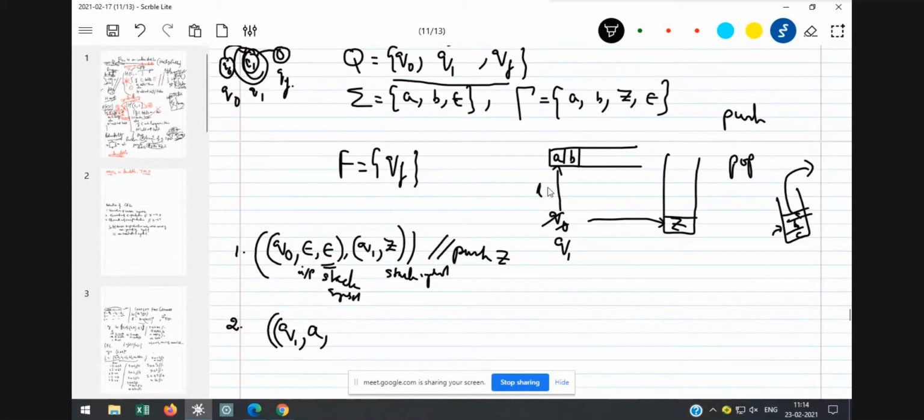Now, initially at step number one, what happened? I have already inserted jet inside the stack. So whenever it comes to stack, we have a top pointer. That top pointer will always be pointing towards the topmost element inside the stack. So currently the top pointer is pointing towards jet. Now